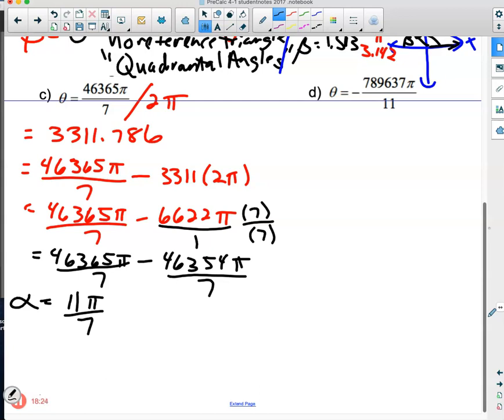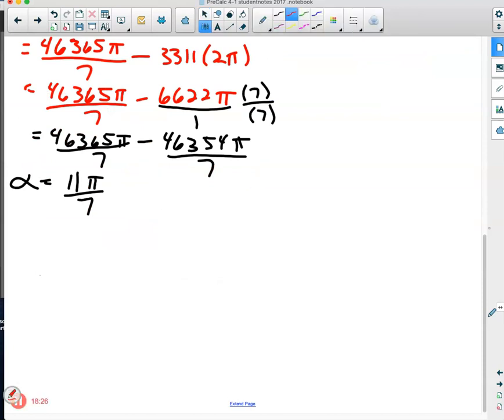Now we need to draw it. And this is where our thinking needs to start taking over about radians again. Now these are always written as improper fractions. Notice it's up here as 11 pi over 7. That's an improper fraction. But to draw it, to get that angle on our Cartesian coordinate plane, we want to think of it as a mixed number. So I think of this as 1 4/7 pi so that I can get it drawn properly and figure out